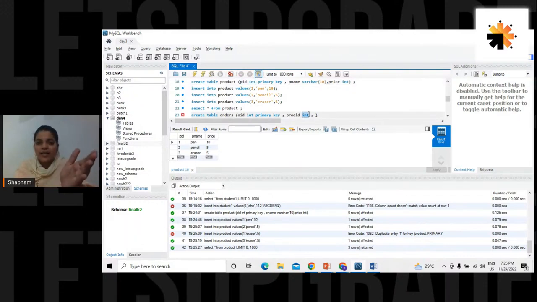Foreign keys are declared at the end of the table creation. Let us see how. I think there were two more columns: quantity as integer, amount also as integer. I'm not interested as of now. You can make them not null as well. So order ID is the first column, product ID is the second column, quantity is the third column, amount is the fourth column. After the definition of all the columns is complete, let me show you how to declare the foreign key at the end. Use the keyword foreign key.